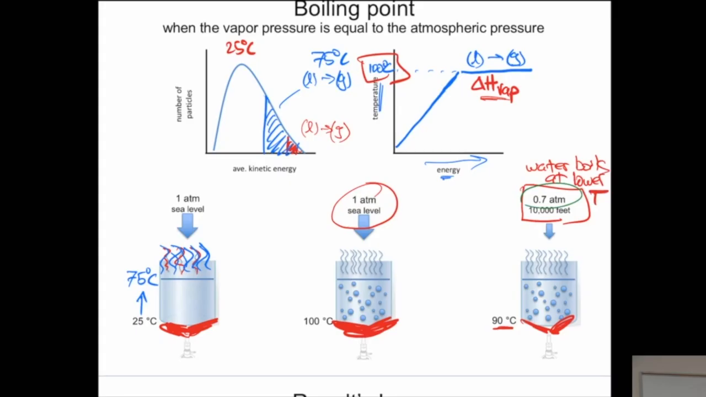If I were to plot this out, all right, this is at 1 atmosphere. If I were to plot this out at 0.7 atmosphere, the line goes flat at a lower temperature. Say it's 90 degrees, whatever. All right? We haven't changed the definition of boiling. What we've changed is the pressure above the liquid. And the vapor pressure hasn't changed. So that's why you may hear,